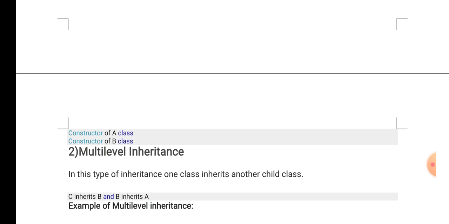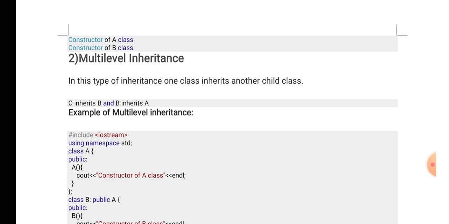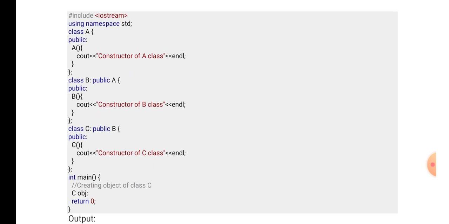Then multi-level inheritance. In this type of inheritance, one class inherits another child class. So let us take three different classes, A, B, C. First we write class A definition, then we write class B which inherits from class A, then we write class C which inherits from class B. You can see here, in class A you write public section, you write constructor A, cout statement constructor of A class.